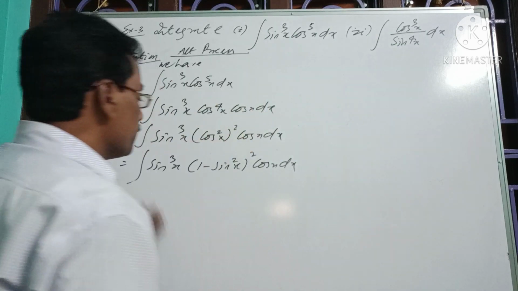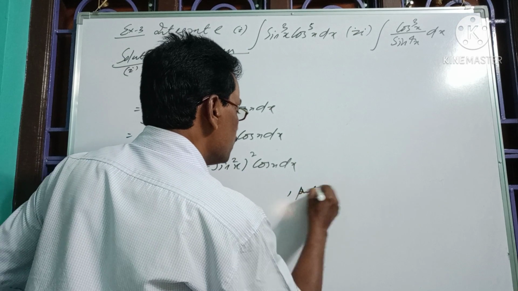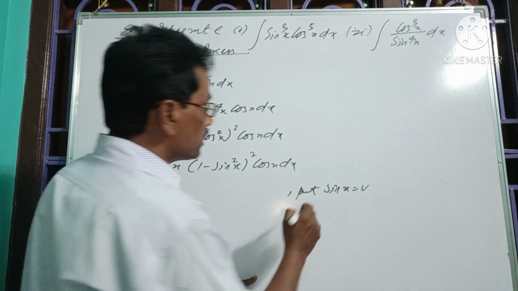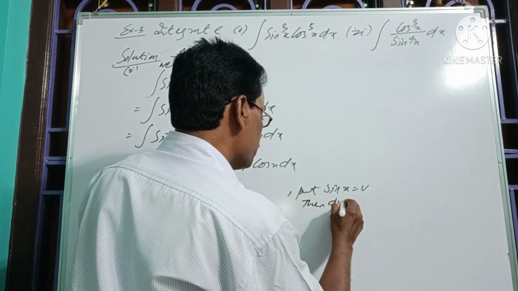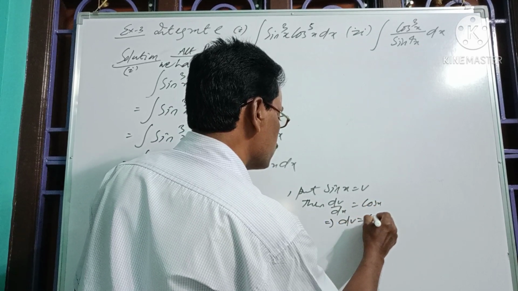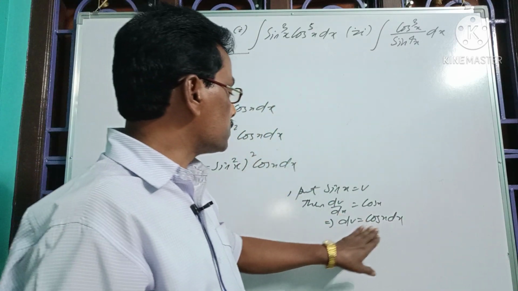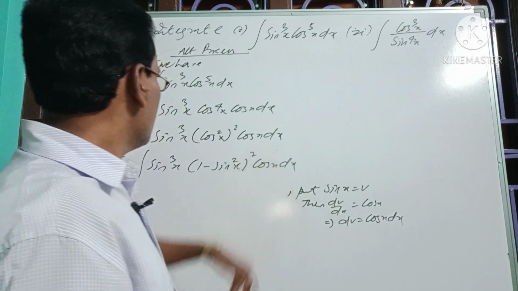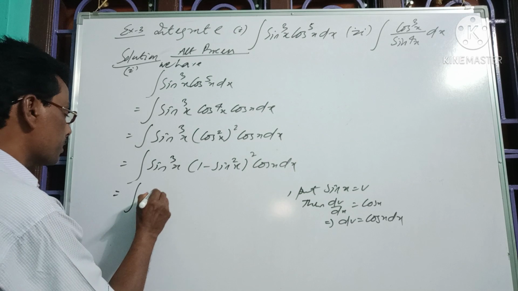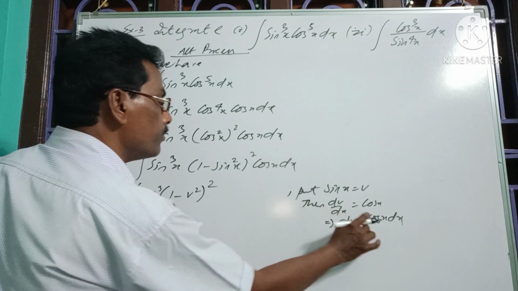Now let us apply the method of substitution, that is, we have to substitute sin x as v. So let us put sin x as v, then v is a function of x. Differentiating v with respect to x, it will give us dv by dx is equal to cos x. Simplifying, we have dv is equal to cos x into dx. Now after substitution and differentiation, we got cos x dx as dv and v as sin x. So now replacing in the integrand, in place of sin x we can take v. So we have v to the power 3 into 1 minus v square whole square, and in place of cos x dx, we have dv.